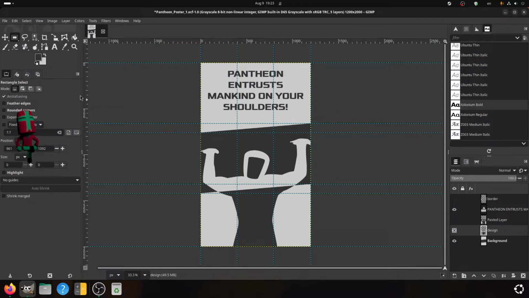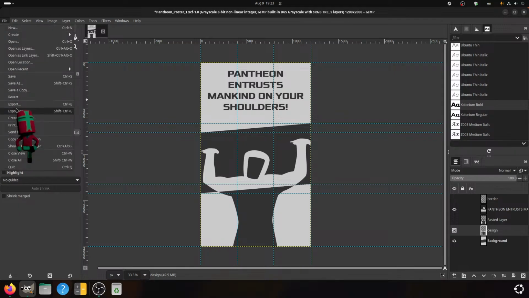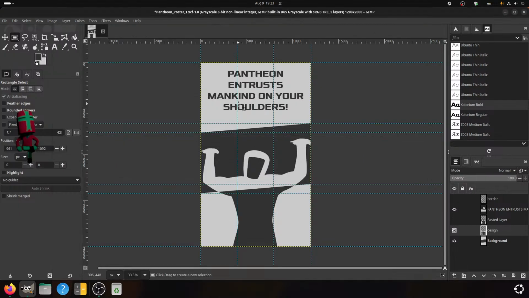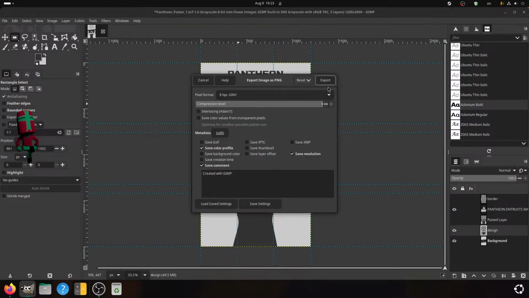Although, yes. And I can export this Pantheon poster 1.png. It can be gray.